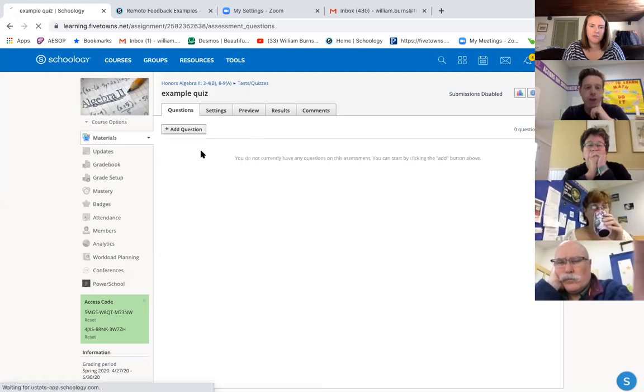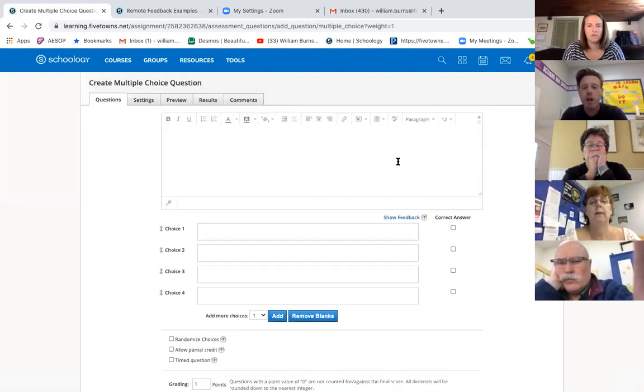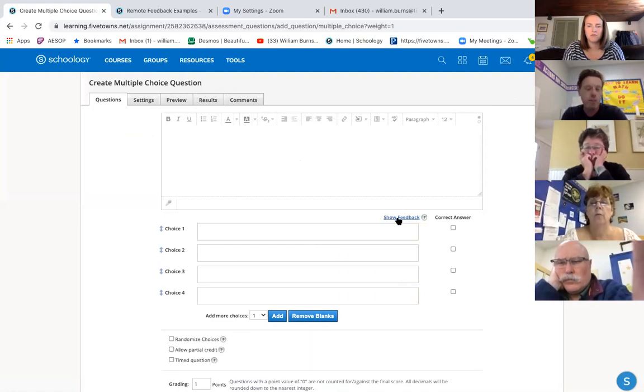For example, if I'm choosing a multiple choice type question and I'm typing the question in this space and putting in the answers, I'm really thinking about the different options they could give me or what errors they may have. And so what I want to do is click on this little show feedback